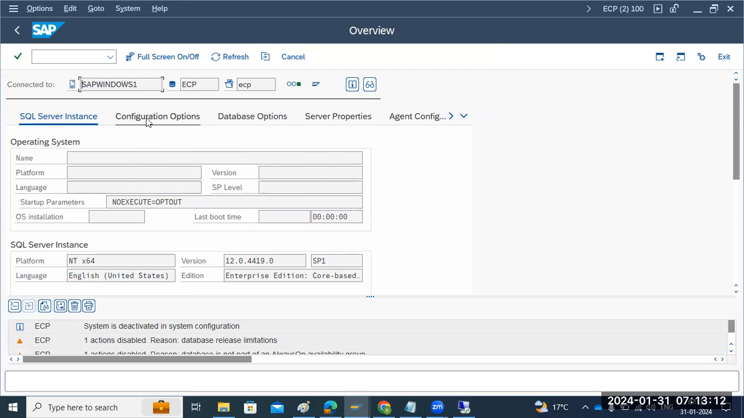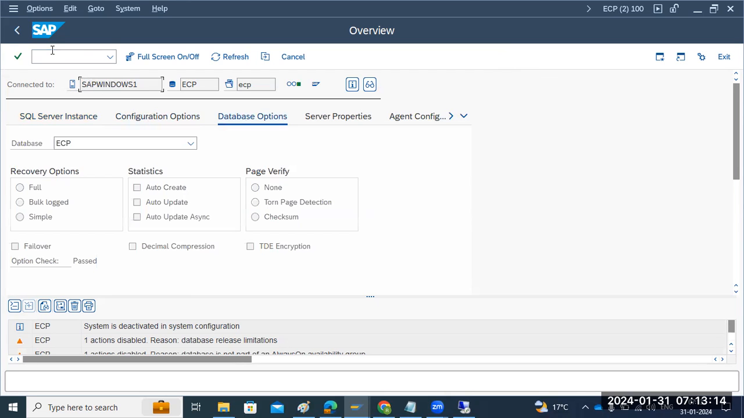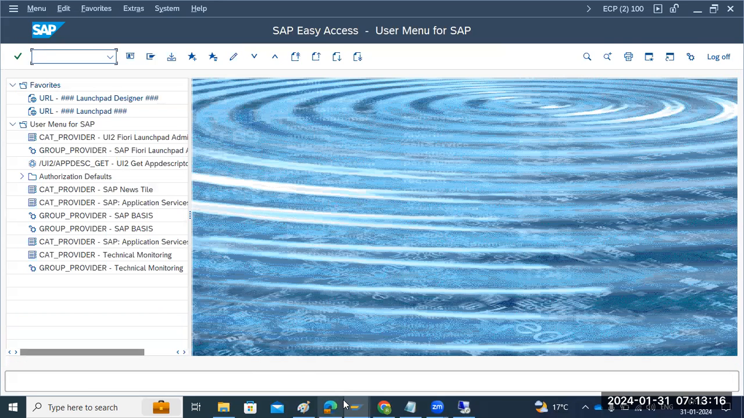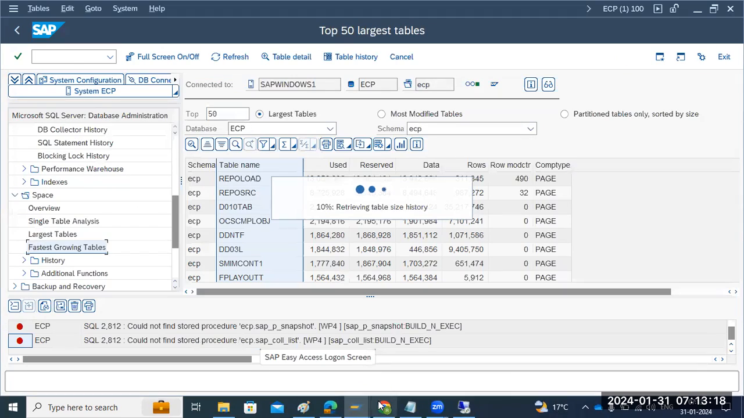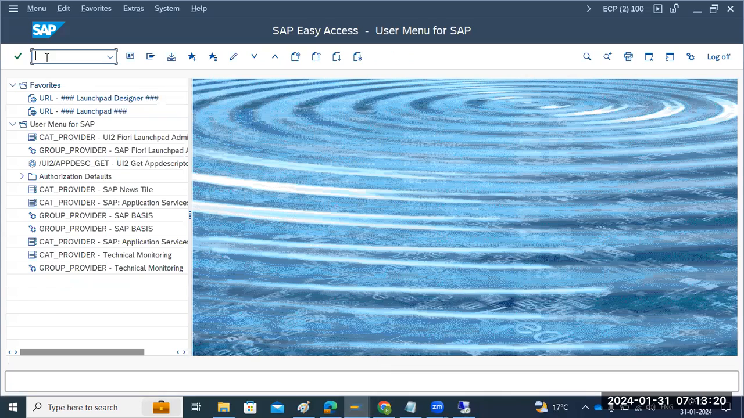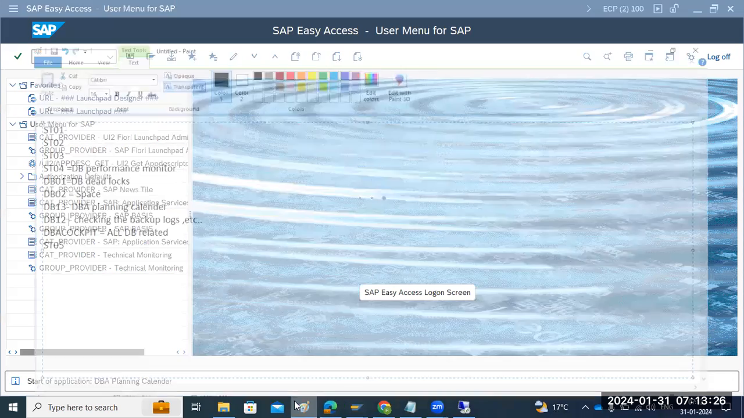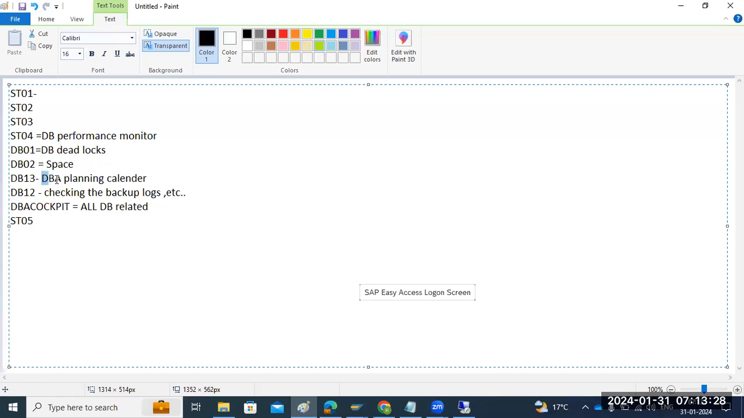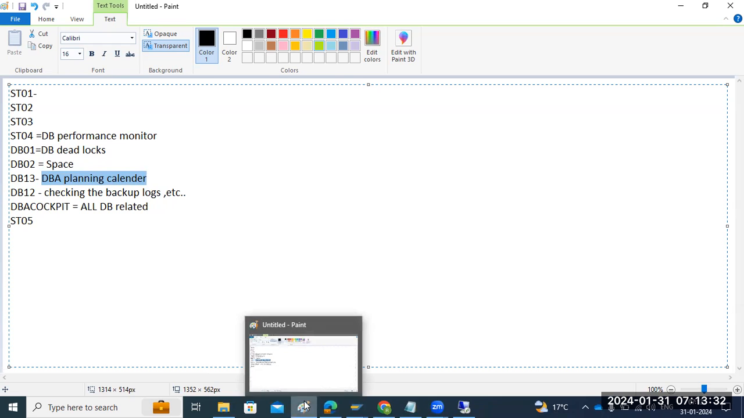So here you can see the SQL Server instance. So all the details are here. They are all DB related only. All are DB related transaction codes only. So if you go to DB13, the database planning calendar, the DBA planning calendar, it is database related. Any checks or jobs you want to schedule,